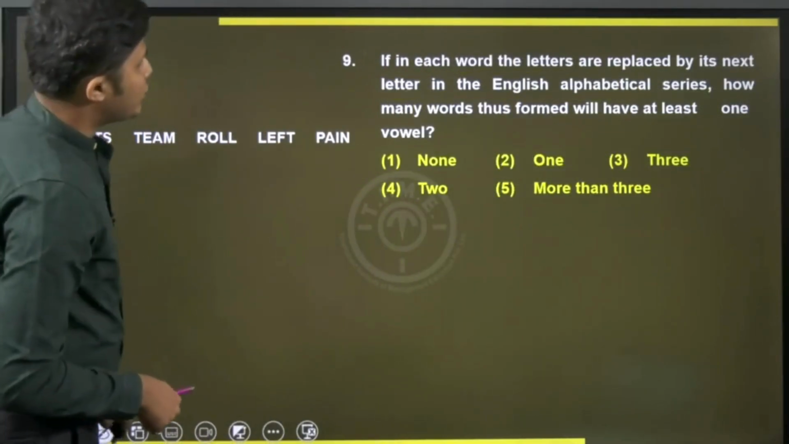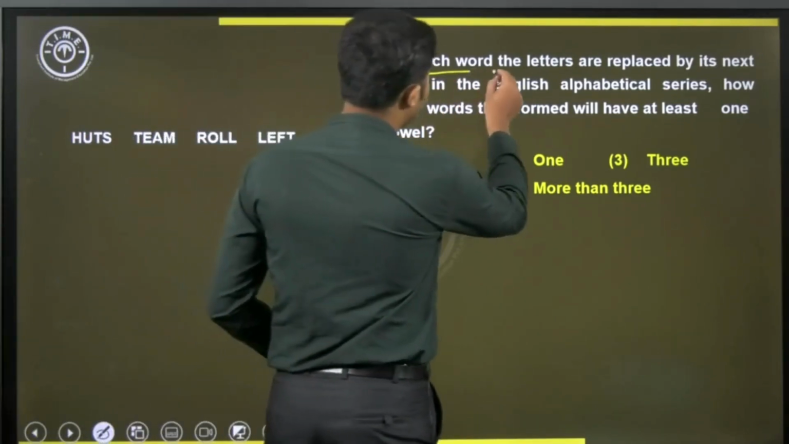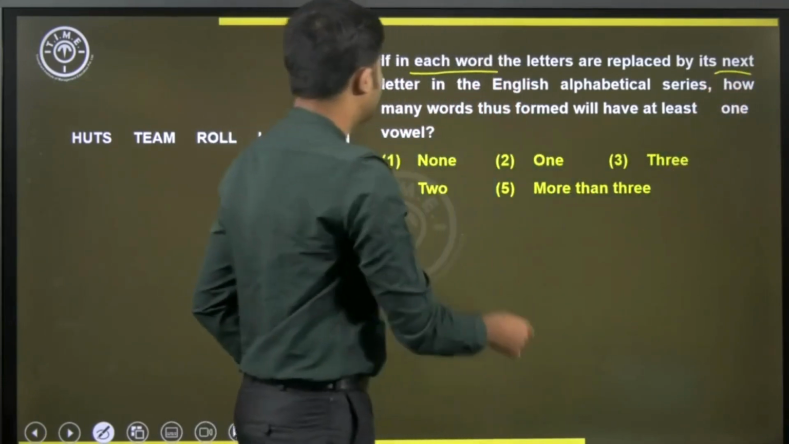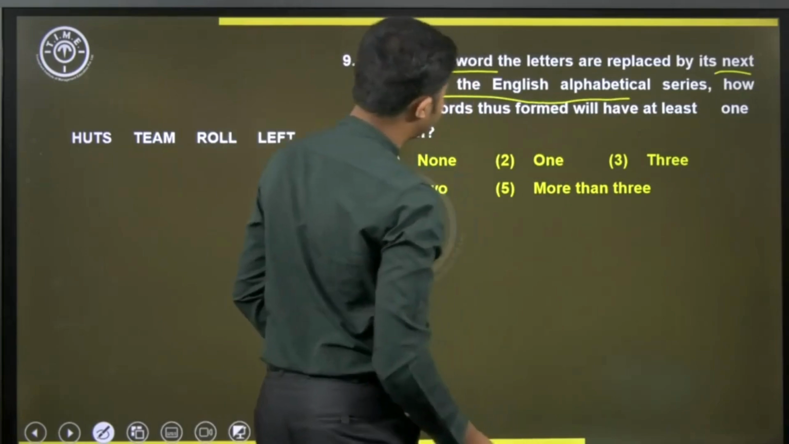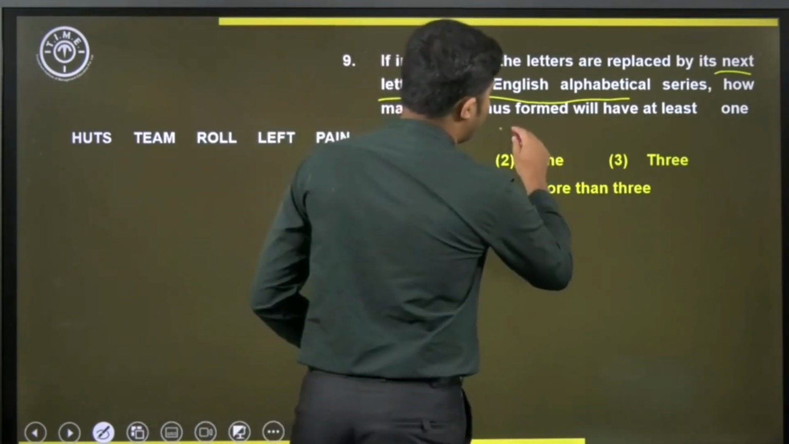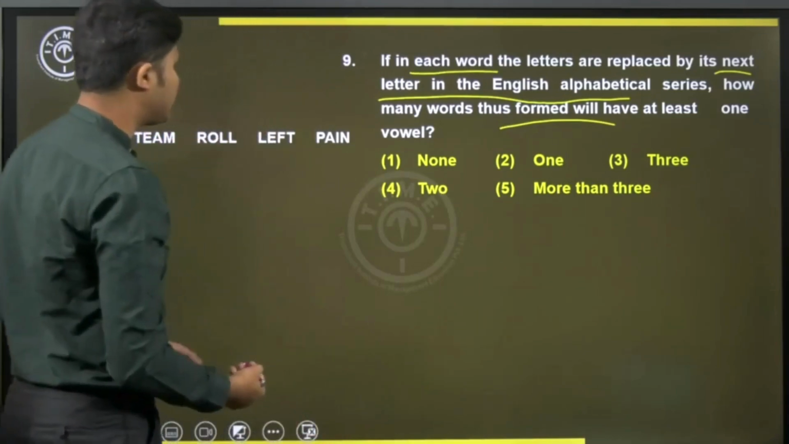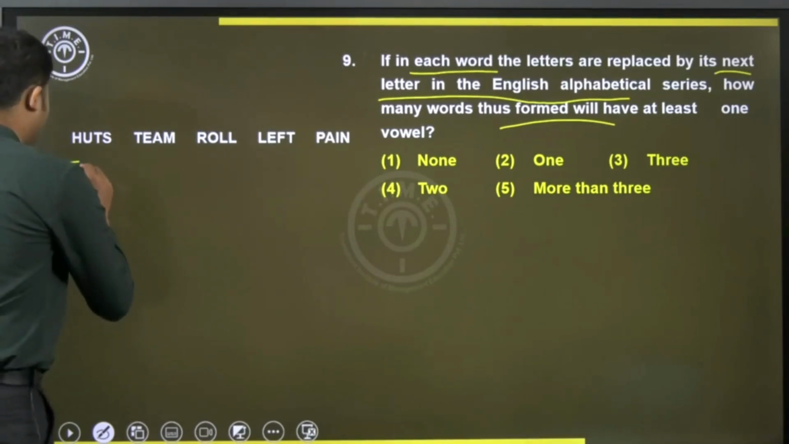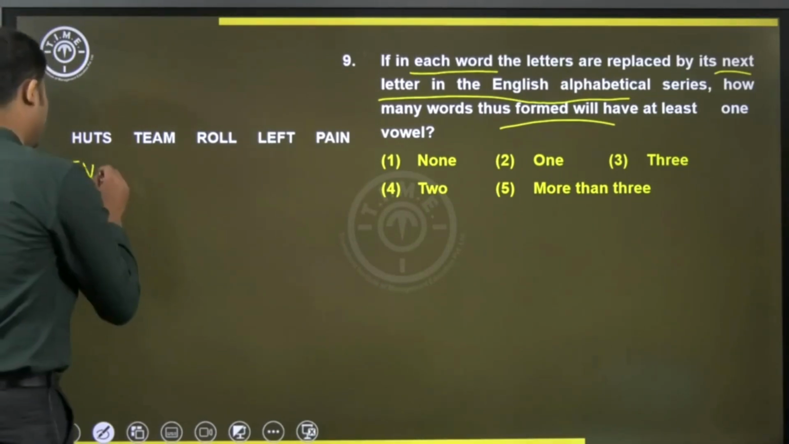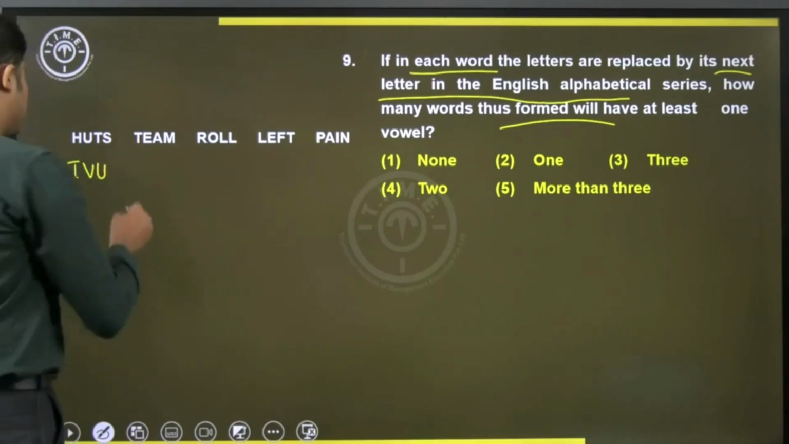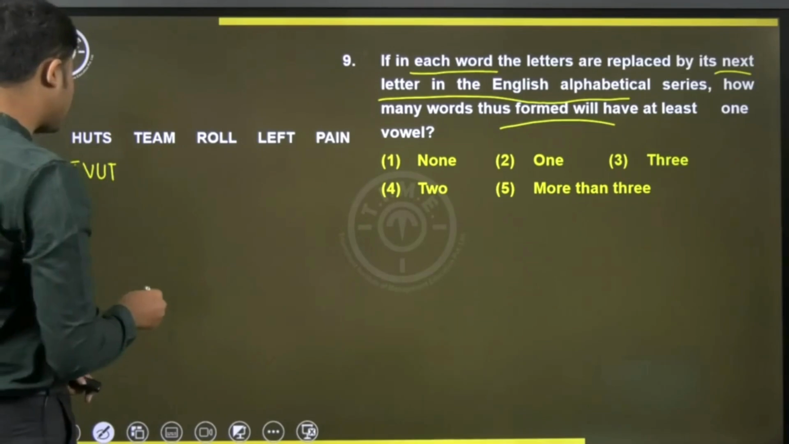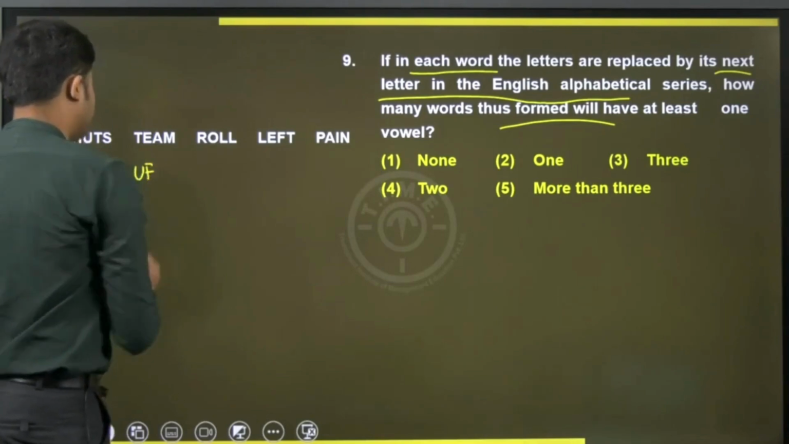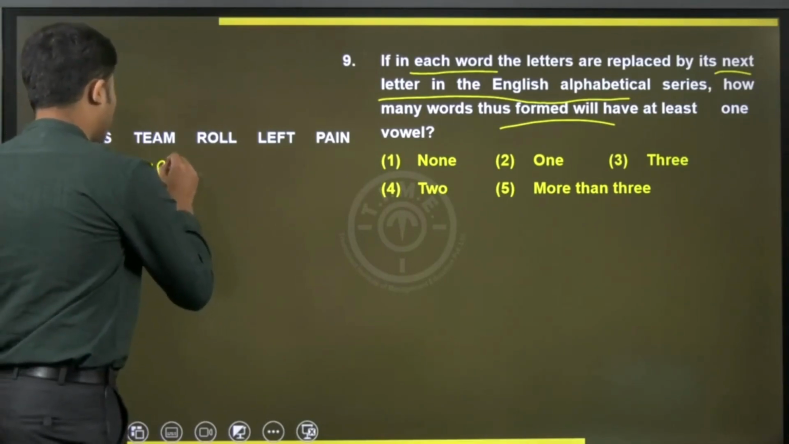So moving on to the next question. If in each word the letters are replaced by its next letter in the English alphabetical series, how many words thus formed will have at least one vowel? So now let's apply the condition. H should become I, U would become V, and the next letter after T is U, the next letter after S is T, the next letter after T is U, and after E it's F, and after A it's B, and after M it's N,